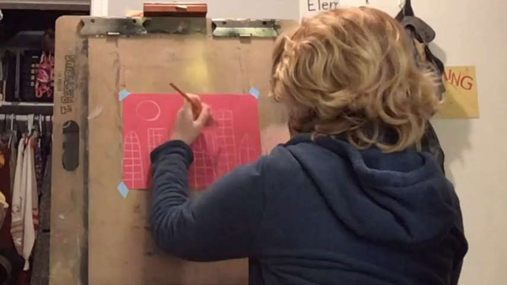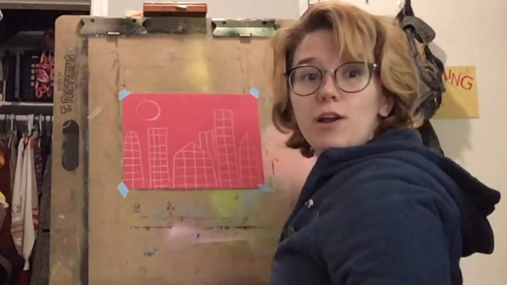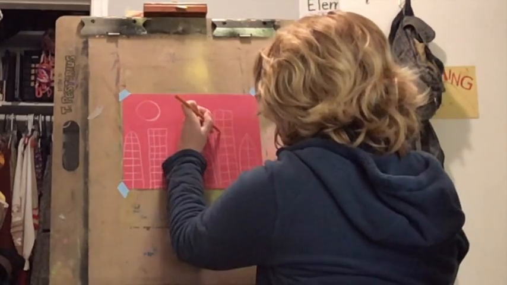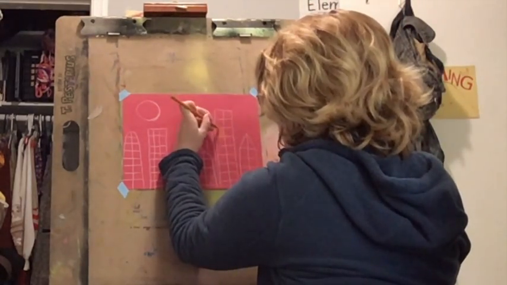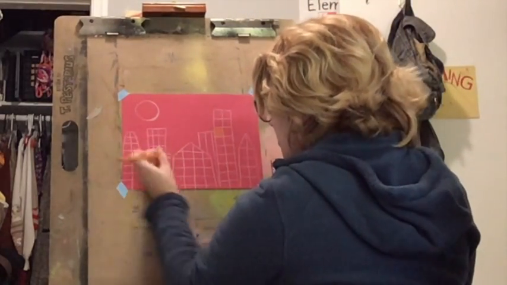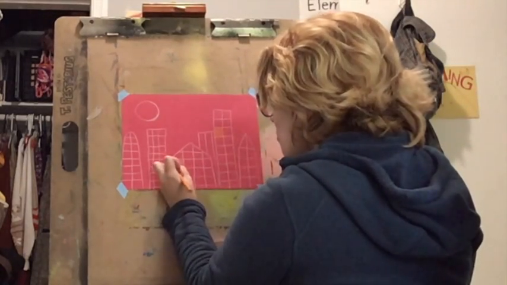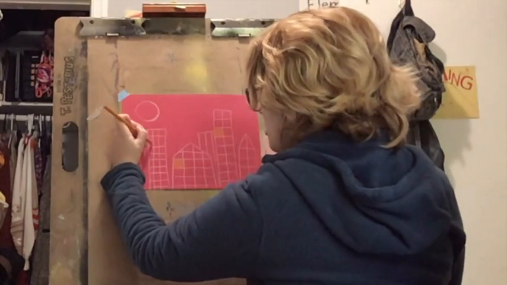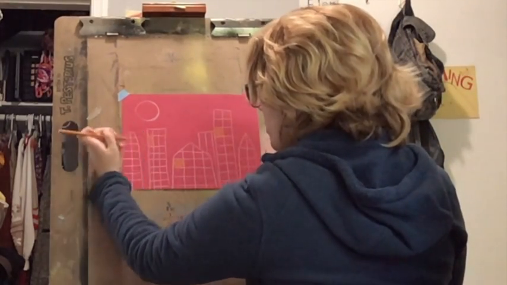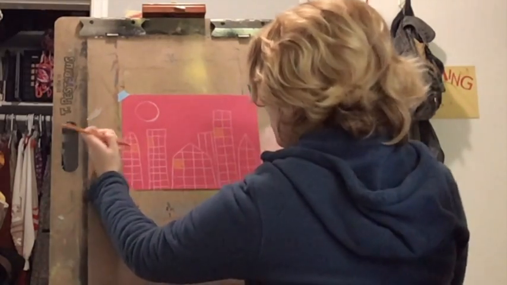The reason I'm using colored pencils is because I feel like they look pretty nice when you use them on construction paper. You might not be able to see that specific color from here, but I just colored in an orange square. You can see it a little bit. And I'm about to color in a couple more orange squares, just kind of wherever around this drawing.